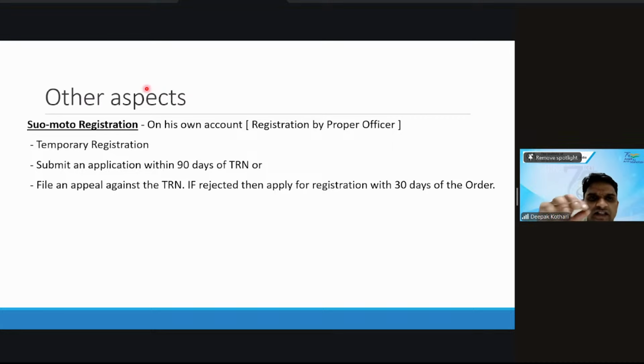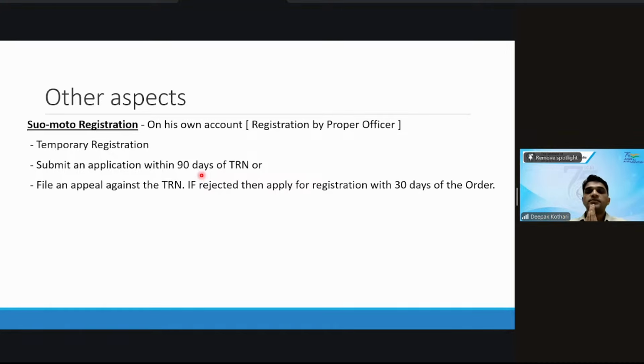Now, this suo moto registration is a temporary registration which the officer is giving you, because based on this you have to submit other documents, then your registration will become permanent. The temporary registration will be valid for 90 days and you have to submit the application within that time. Or you may say, no, the officer has not considered my exemption. I am exempted, so for me registration is not required. If you say that, then you have to file an appeal. If you file an appeal, the officer will hear and dispose of the case. If he says you have to apply for registration, then you have to. If the officer says what you are saying is right, then your temporary registration will get cancelled. So you have two routes.